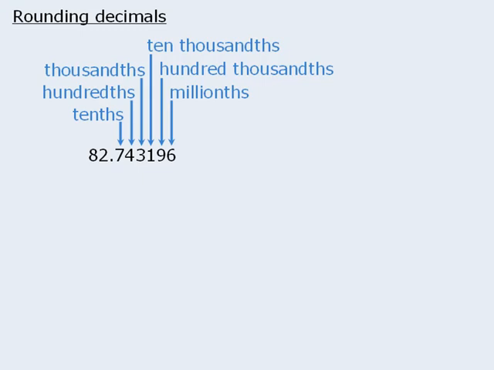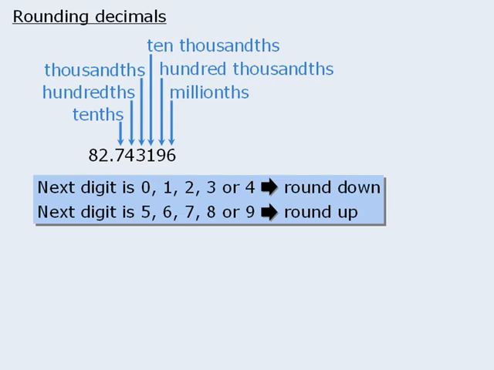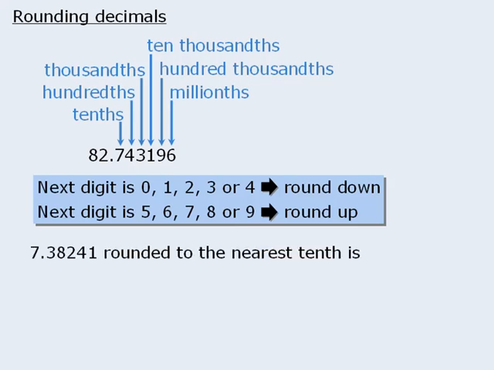and then examine the next digit that lies to the right of that place value. If that next digit is 0, 1, 2, 3, or 4, then we will round the number down, and if the next number is 5, 6, 7, 8, or 9, then we will round the number up. Here's what I mean. If we want to round this number to the nearest tenth, then we first locate the